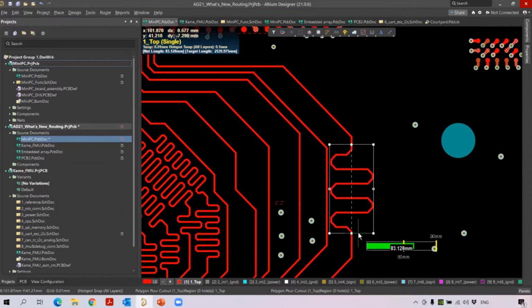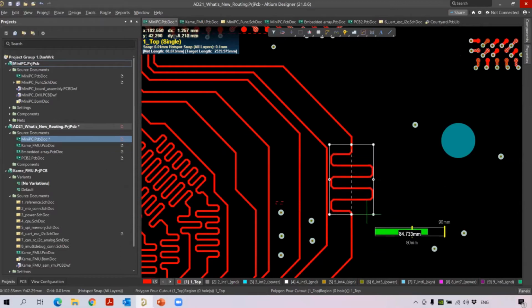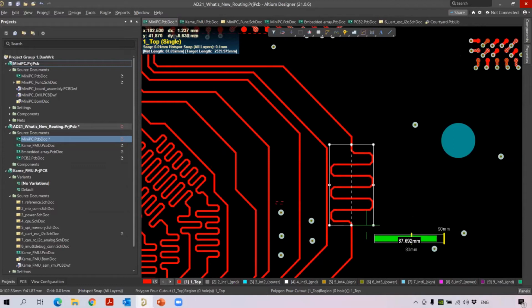When the pattern comes, there are shortcut keys. You can use 3 or 4 to increase or decrease the amplitude size. You can also adjust the miter corner angles by using 1 or 2. You see the corner miter angles changing slightly at the corner ends.